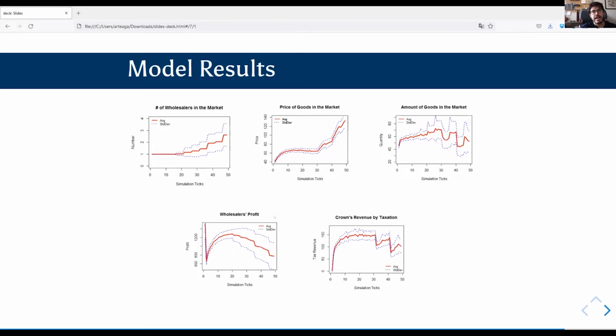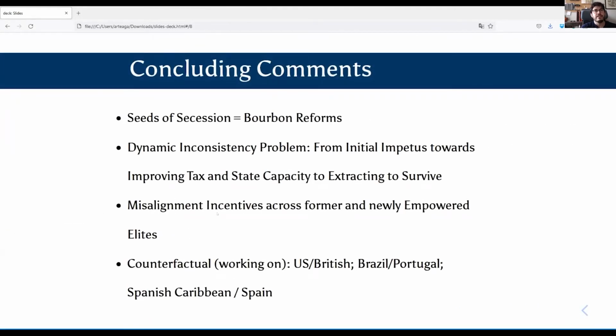And this is something that I back up with qualitative evidence, because the quantitative evidence is sporadic, at least for most of these things. So I cannot account for wholesalers' profit. When I talk about wholesalers, this is basically the merchant guilds that are operating. You see that profits are diminishing, and the number of merchant guilds operating within the empire is increasing, so competition increases, and this all leads towards a new status quo in which you have new empowered elites that are discontent with the way in which the empire was ruled. The Napoleonic invasion creates the incentives towards even more discontent, and that creates the need for